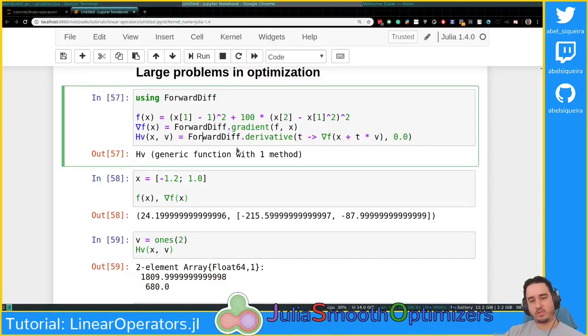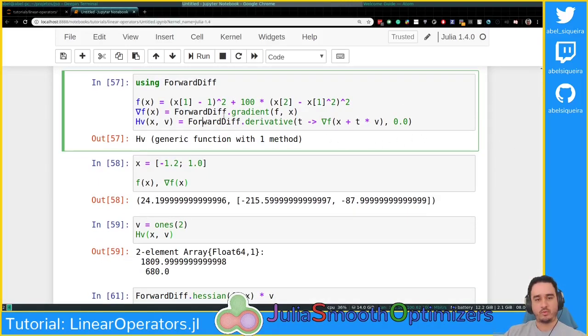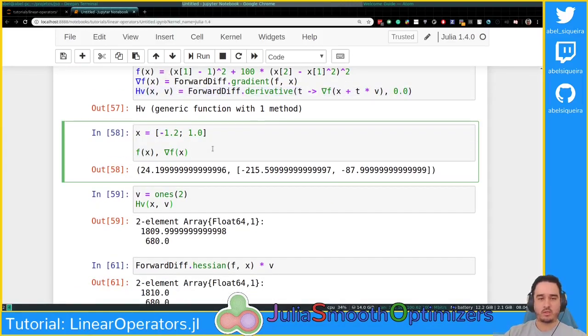For more efficient ways, we can look at our next tutorials on NLP models and derivatives, okay? So let's just assume this is good enough for now. So this is one example of how I express the product of the Hessian times a vector. So this is it. I do not want to work with this all the time, so I could simply say